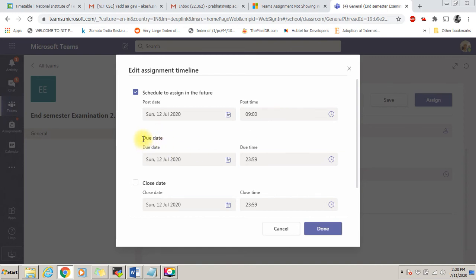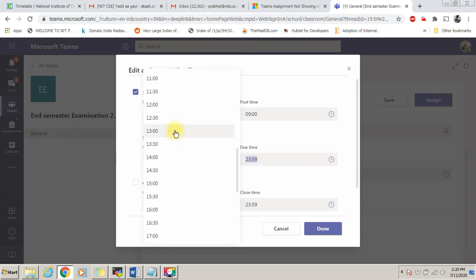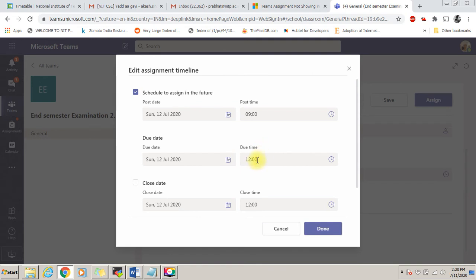The next date, that is the due date, will be the date and time at which your examination will conclude. For this particular examination I'll need to give 3 hours to the students, so I'm setting the due time as 12 p.m. The last one is the close date. You again need to select this close date.